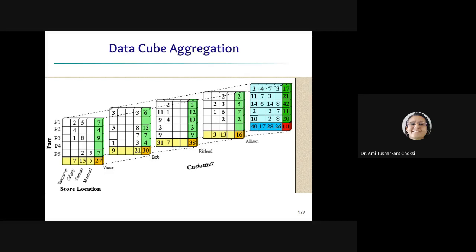But now what is the case? We have taken the aggregation, so we are able to see the aggregated data cube. That is, instead of 4 cubes, we now have only one cube wherein the summary of the data is available. Fine. So that is the data reduction technique, and we can say that it is data cube aggregation.